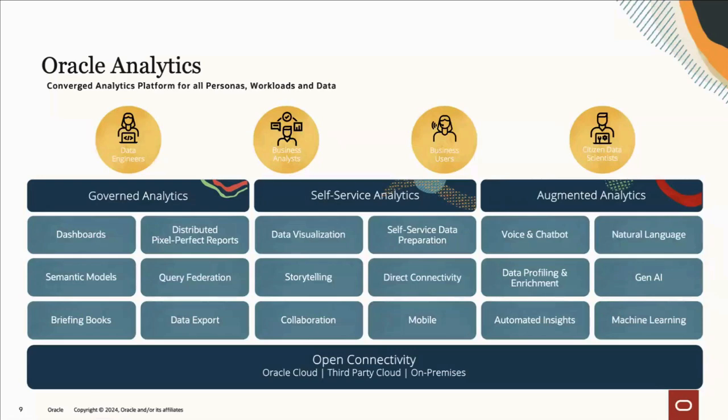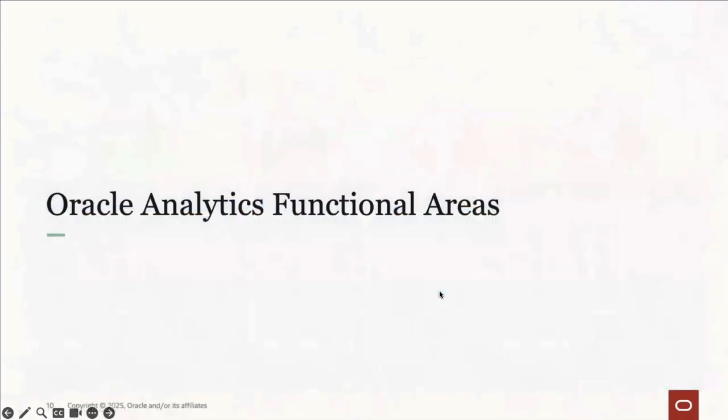And then lastly, we have augmented analytics. These are going to be the machine learning features that are going to help you get through your self-service analytics. So that's the built-in machine learning. That is the natural language querying. That is the smart calculations that you can create through natural language. That is the automated insights helping you explain your data and the data enrichment that's going to be present in the data preparation step.